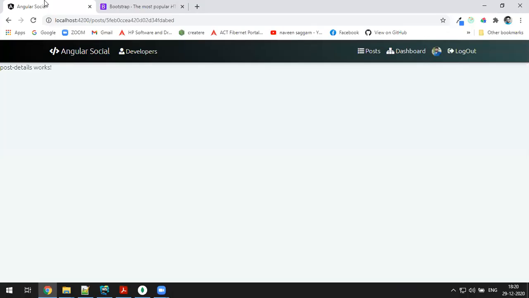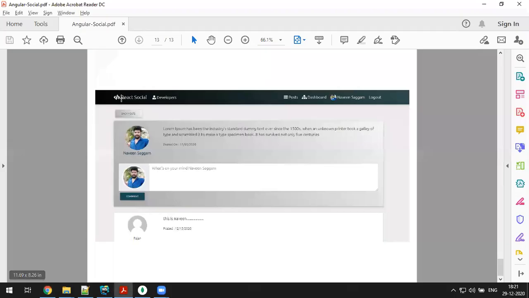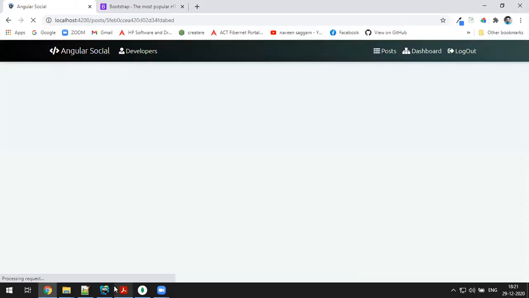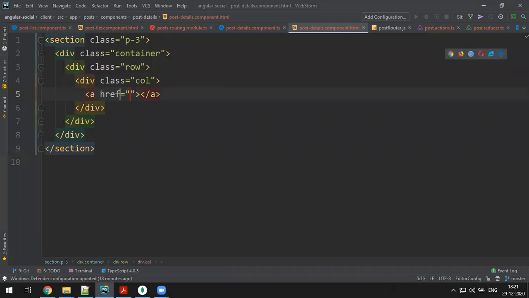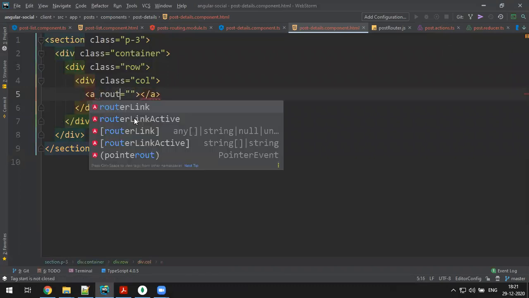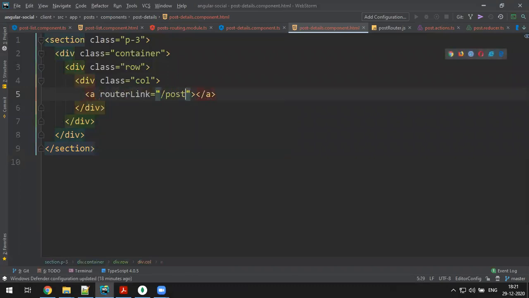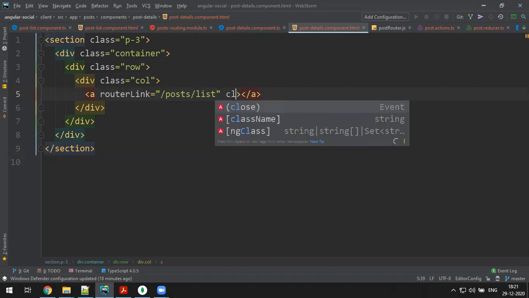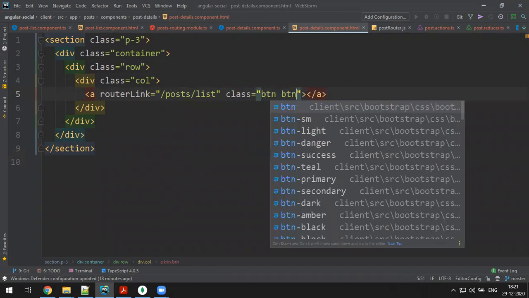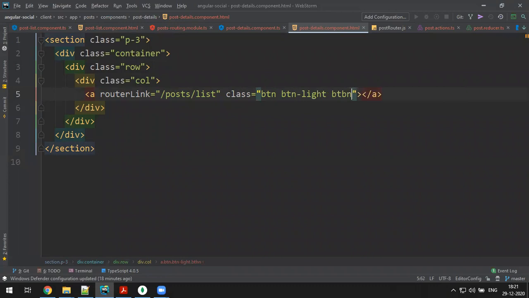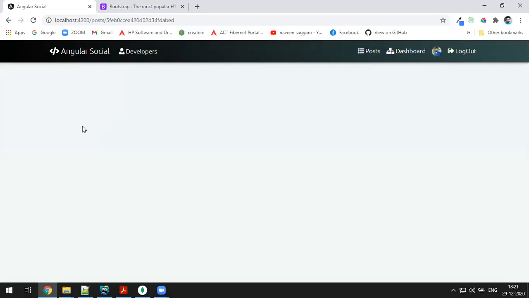I need one anchor tag as a back button. This will be a router link slash post slash list. It's supposed to go back to the previous page. Class name btn btn-light btn-sm, and just say back button.